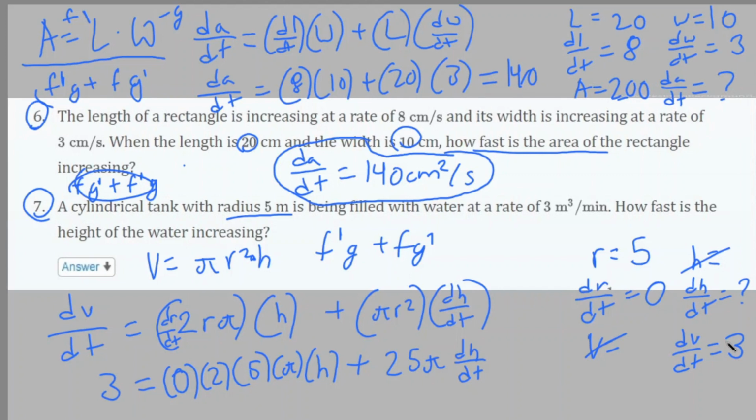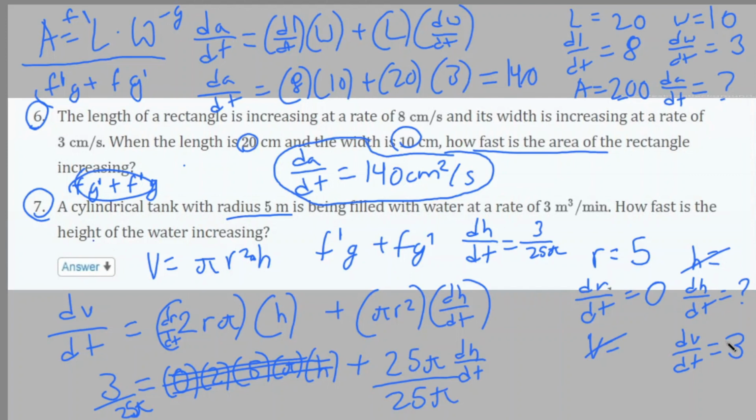So dr dt, we know that's 0, and 0 times everything here becomes 0. So the h, the r value, since we don't know h, it becomes irrelevant anyway. So all of this goes away, doesn't matter in the equation anymore. So we're left with 3 is equal to 25 pi dh dt. Now we want to get dh dt by itself, so we just divide 25 pi on both sides, and we end up with the answer dh dt is going to be 3 over 25 pi,